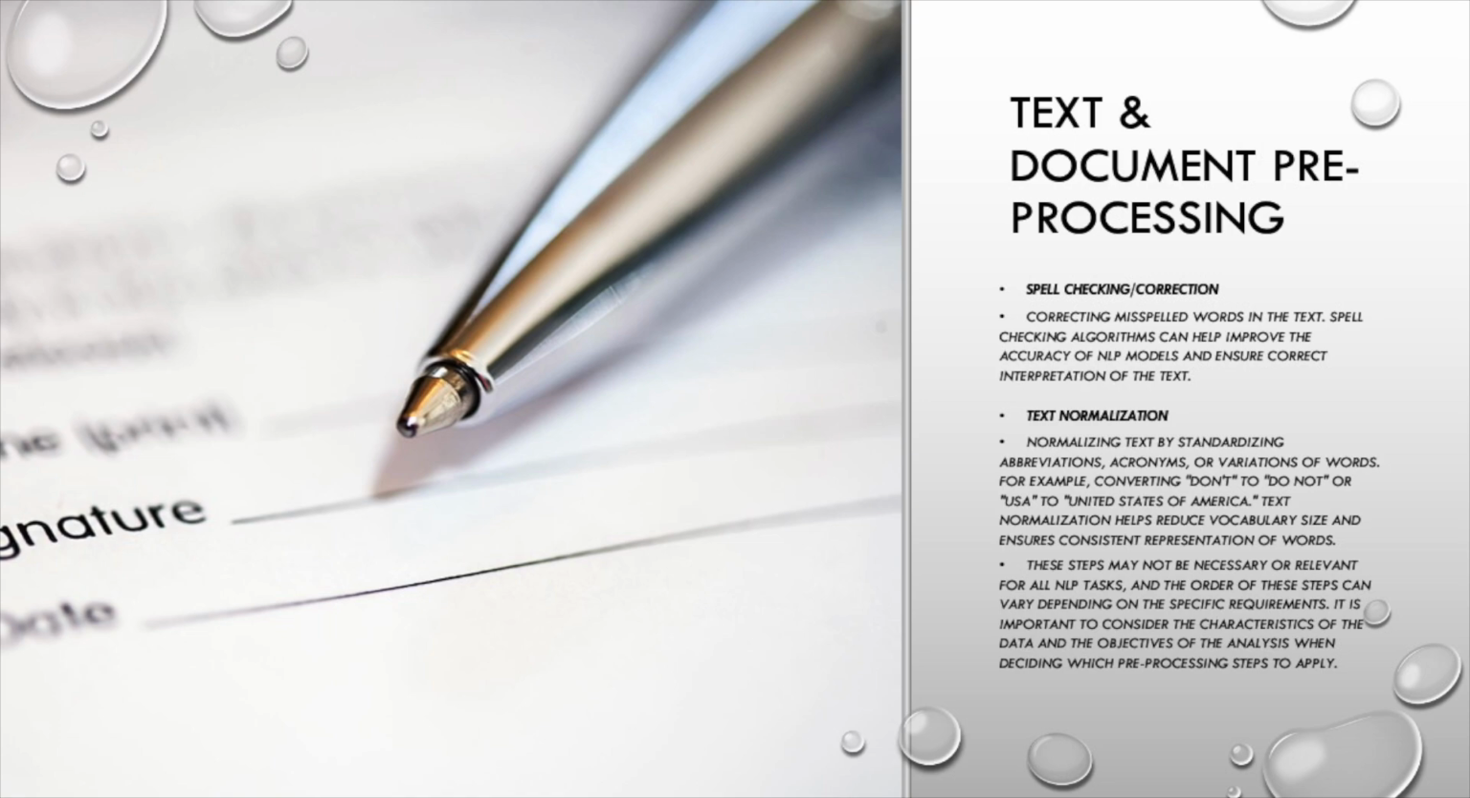These steps may not be necessary or relevant for all NLP tasks, and the order of these steps can vary depending on the specific requirements. It is important to consider the characteristics of the data and the objectives of the analysis when deciding which pre-processing steps to apply. Parsing. Parsing plays a crucial role in NLP text pre-processing by analyzing the grammatical structure of sentences